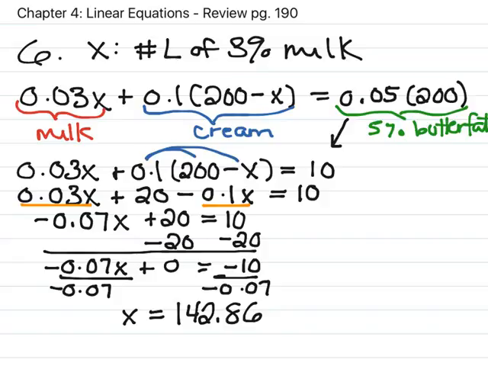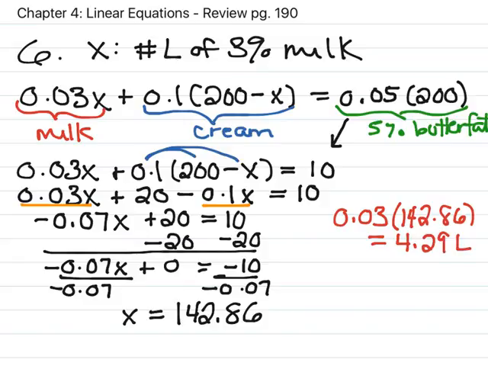Now, the question isn't actually asking us to solve for x. It's wanting to find the volume of milk and cream used in the mixture. So we need to plug it back into the various portions of the equation. So I'll do milk in red because that's what I started it as. So we have 0.03 times x, which is 142.86. Multiplying this out, we get 4.29 liters. And then for cream, which will be done in blue, we have 0.1 times (200 minus 142.86). When we multiply this out, we get